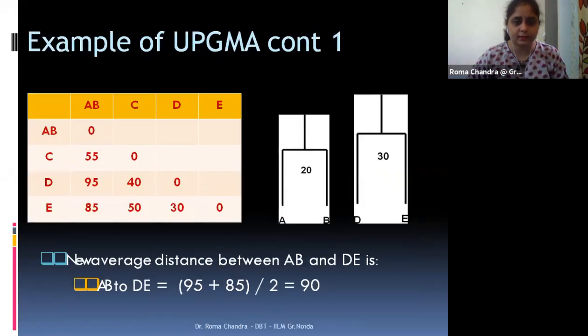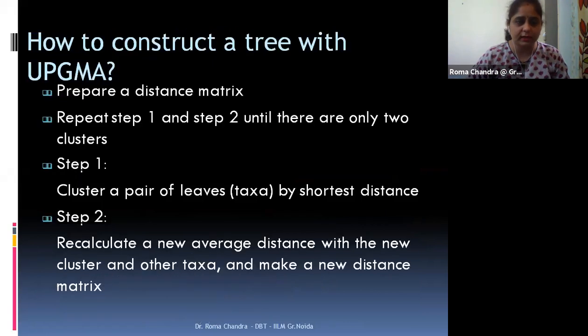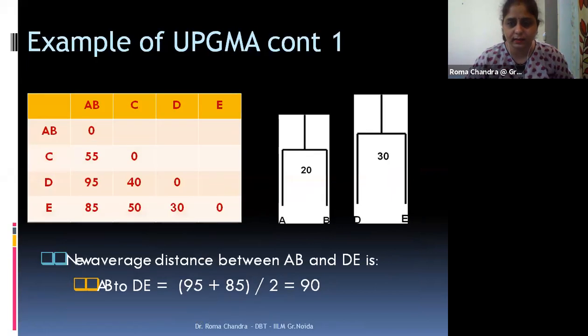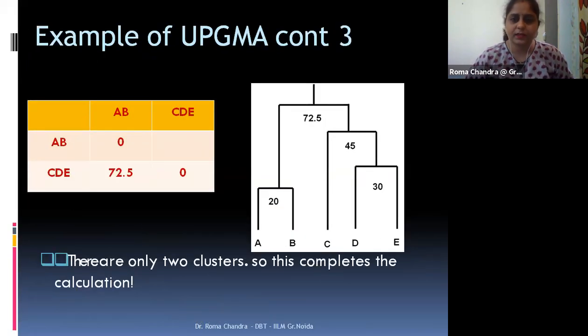I'll just let you know that in case of the UPGMA method, if you can see here, this tree is a top to bottom tree. You can see the tree has the root at the top, and the branches, the species, are at the bottom. They are hierarchically related to each other, and this is supposed to be the top to bottom type. And there is also the bottom to top kind of tree.